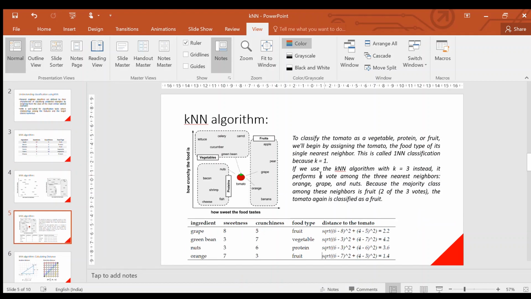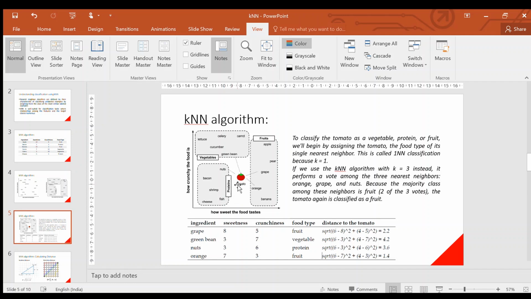Now we are trying to answer the age-old question of whether a tomato is a fruit or a vegetable. Here we try to apply the KNN algorithm. We already have the training data, as in all the ingredients which the respondent tasted and rated blindfolded.